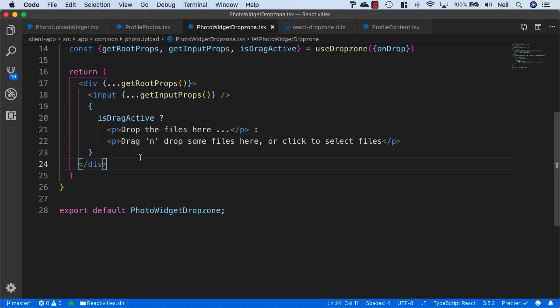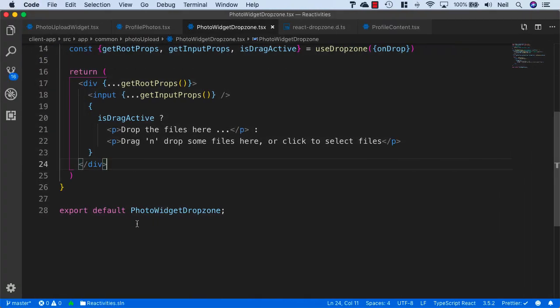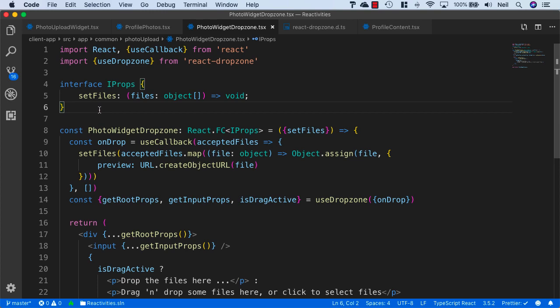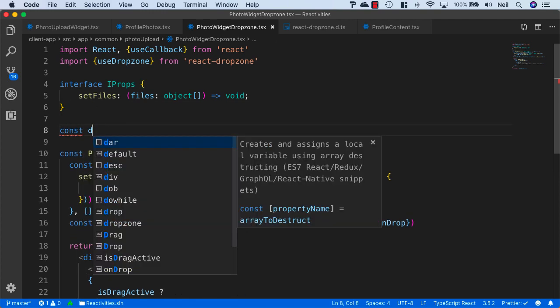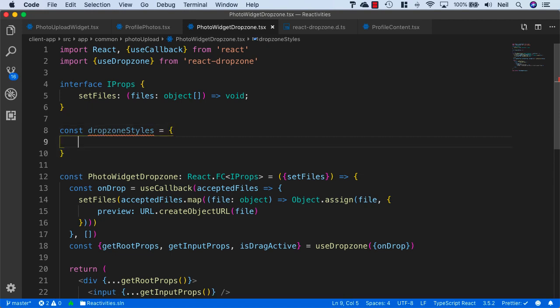And what we want for our styling is we want a box with an icon inside and some text to say drop files here. So it's pretty obvious what it's for. And what we'll do is we'll just add some styles inside our component here. And I'll say const dropzoneStyles equals, and we'll add a border, and we'll set it to dashed 3 pixels, and we'll give it a greyish colour of #EEE,